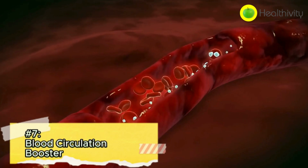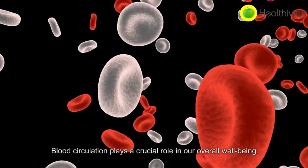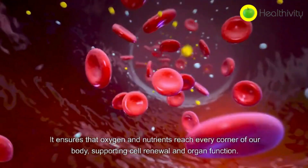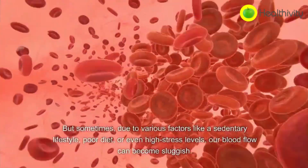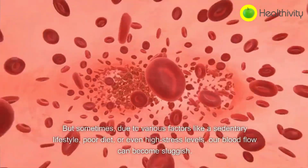Benefit 7. Blood circulation booster. Blood circulation plays a crucial role in our overall well-being. It ensures that oxygen and nutrients reach every corner of our body, supporting cell renewal and organ function. But sometimes, due to various factors like a sedentary lifestyle, poor diet, or even high stress levels, our blood flow